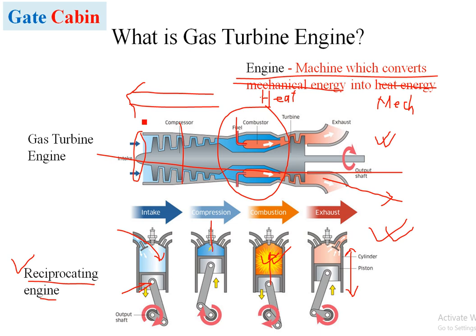And let's say this engine is moving very fast in air, at a speed of, let's say, 300 meters per second. Imagine the air entering into this chamber at 300 meters per second. So at such a fast pace, everything has to be done very quickly, within a fraction of a second. The air has to be compressed, combusted, and then exhausted. So this is the major difference between the reciprocating engine, which is used for motion in ground-based systems, and gas turbine engines, which are used for air based